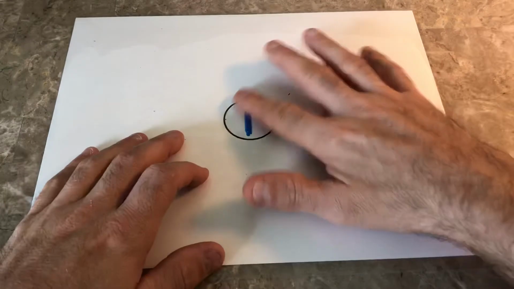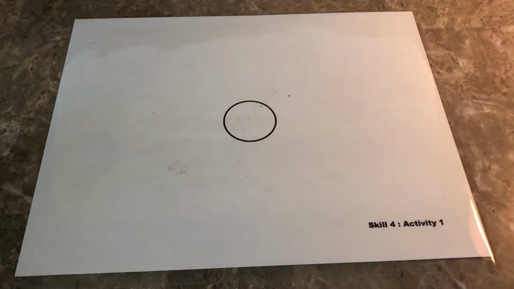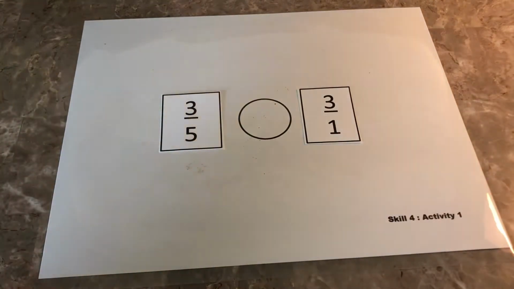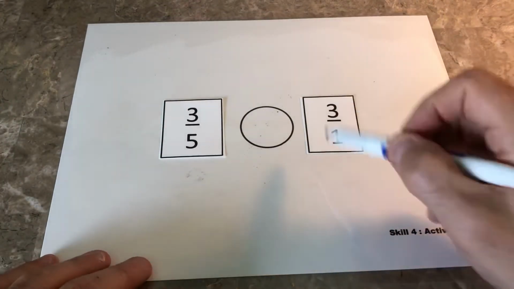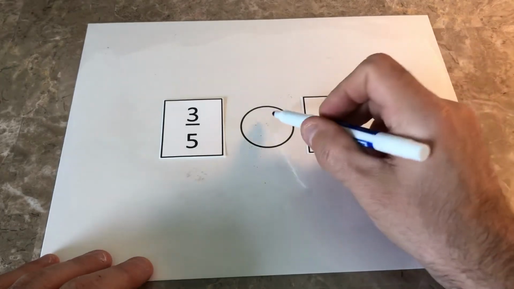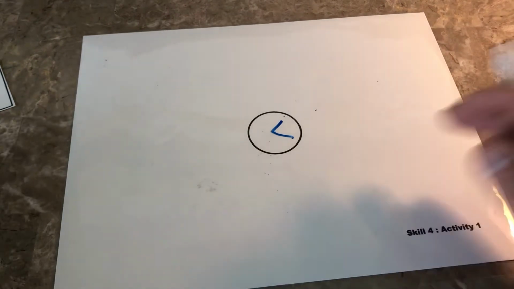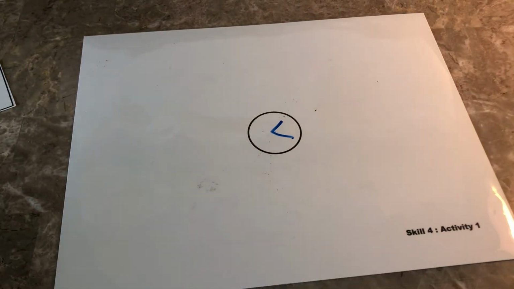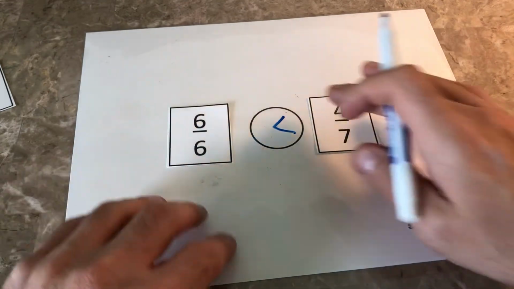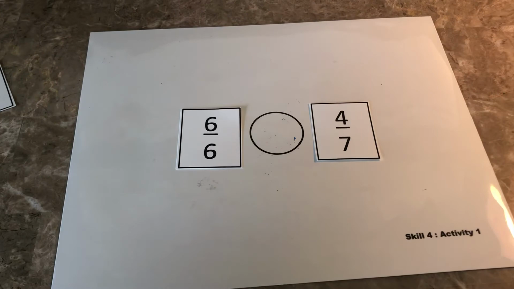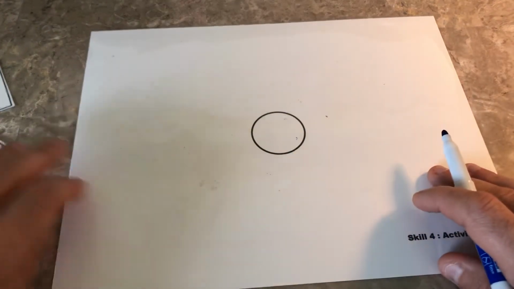Okay? The next thing that you could do is you could randomly put two fractions right here and then have them compare them and say, okay, we have 3/1, which is 3, or 3/5, which is greater, and we know that would be like this, okay? And then you can say, okay, 4/7 and 6/6, which one's greater? And again, remember, they always are going to have a 50% chance of getting it right just by guessing, so make sure you make them explain it. Oh, 6/6, well, that's a whole, and 4/7 isn't quite a whole. And you don't have to use the cards. You could write